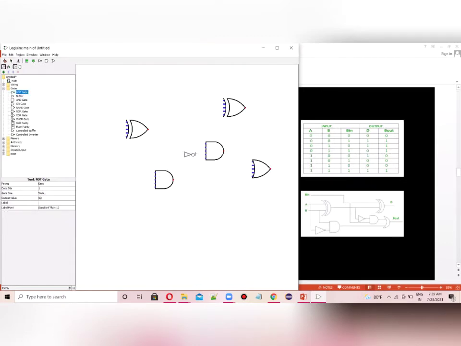So let's fix the two NOT gates here, and one more NOT gate is needed. Let's fix it here.